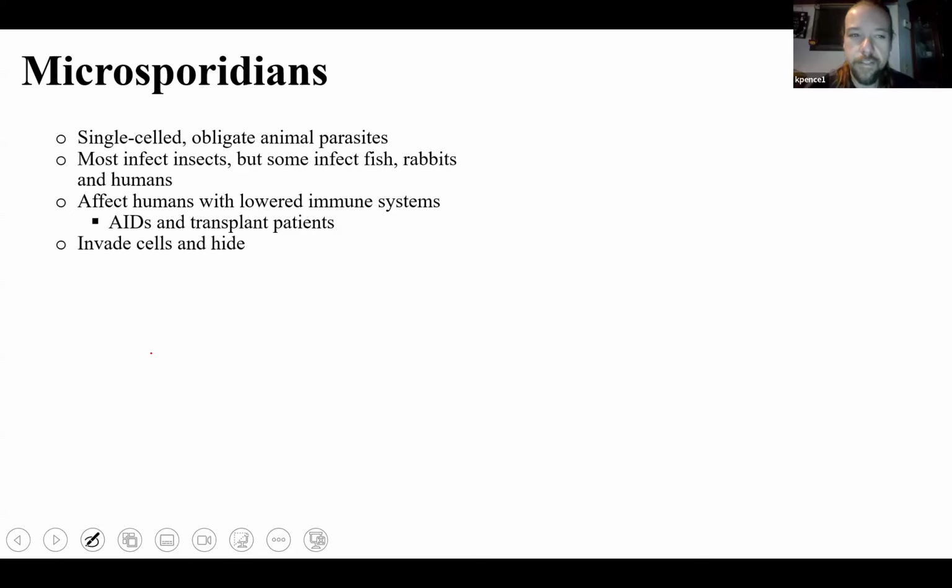If a human was to be infected by a microsporidian, it's more than likely due to the fact that they have a very poor immune system. So again, we're breathing in fungal spores all the time. Fungus just love to reproduce and produce spores. Whenever you breathe in spores, your immune system destroys those spores so they can't grow in your body. If somebody has a weaker immune system, like born with a weak immune system, or if they develop AIDS, which destroys their immune system, you will see individuals with microsporidians, and it could be life-threatening too. A lot of fungus infection is what kills people with AIDS.